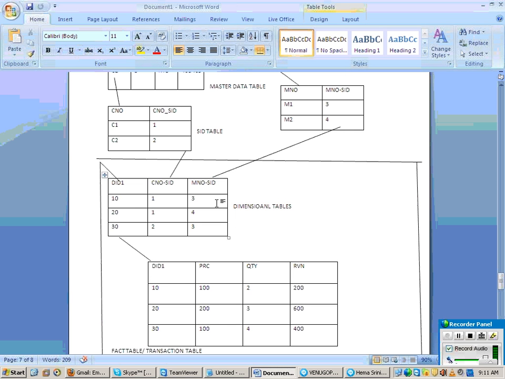Now 10 corresponds to 1 and 3. 1 is nothing but C1. 3 is nothing but M1.